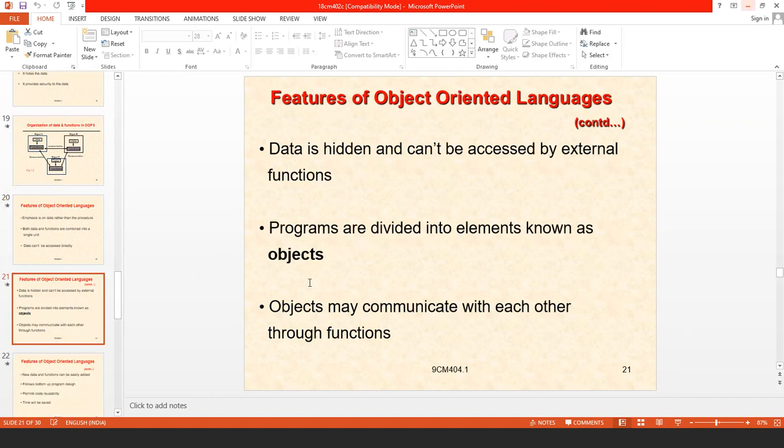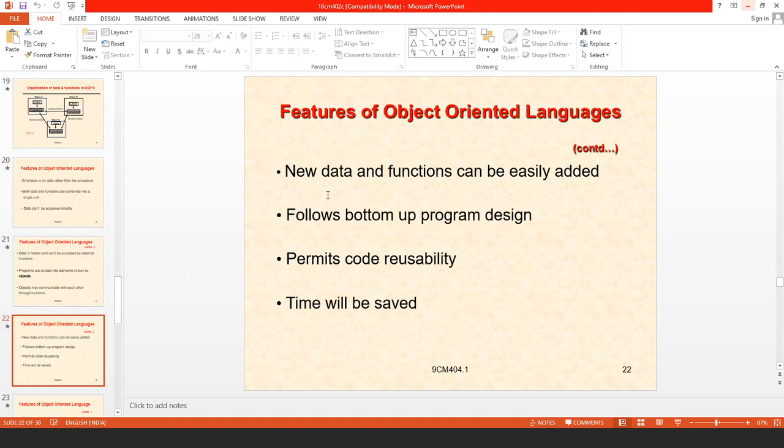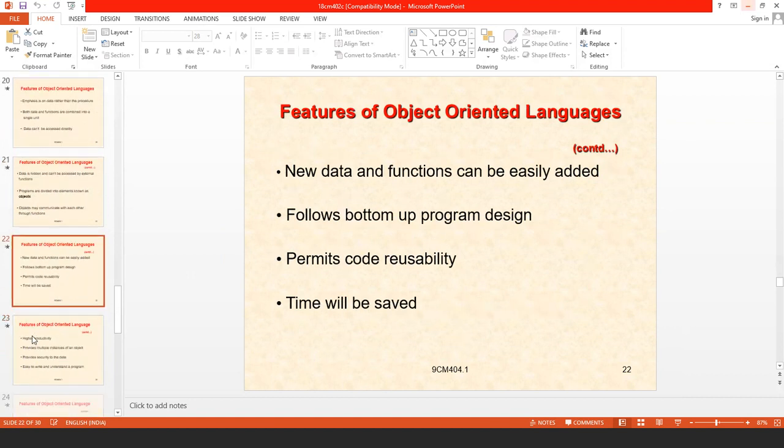Programs are divided into elements known as objects. Objects may communicate with each other through member functions only. New data and functions can be easily added. It follows the bottom-up program design paradigm and permits code reusability, so time will be saved.